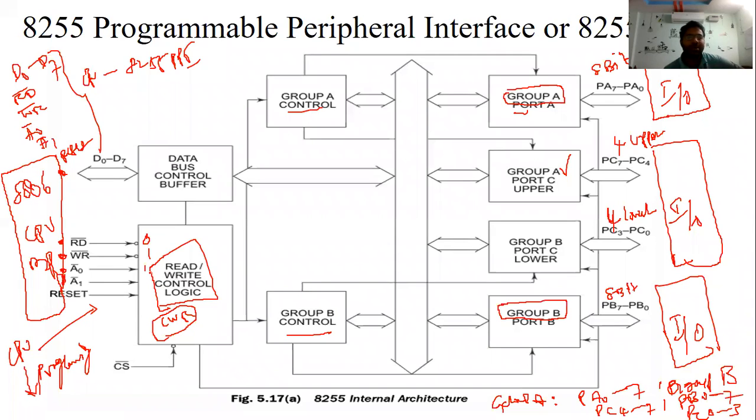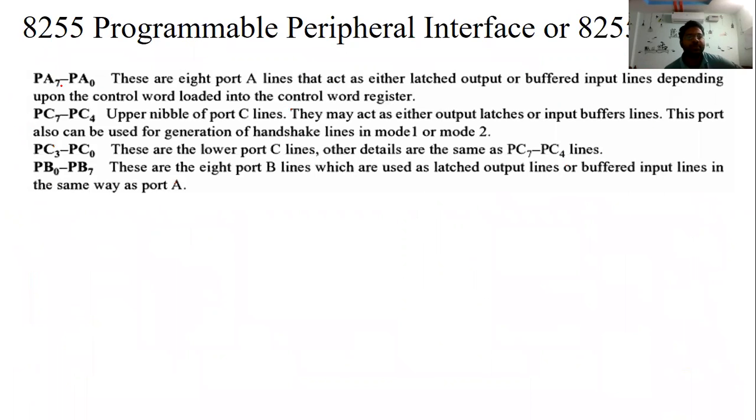It can order you to do that work, or perform this work. The way the microprocessor orders the other device to do that work is in the format of 0s and 1s only. Now see these three ports: PA0 to PA7, PC, as well as PB0 to PB7. These may work as an output port and at the same time as an input port. Yes, it will be latched as an output port or a buffered input port depending on the control word register.